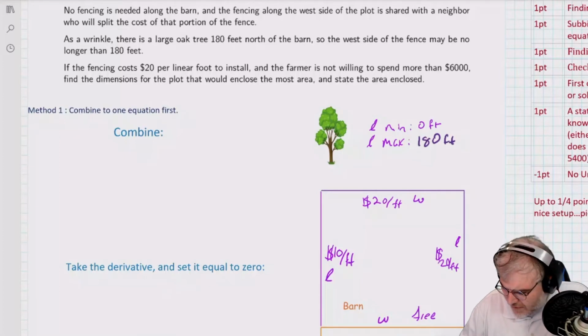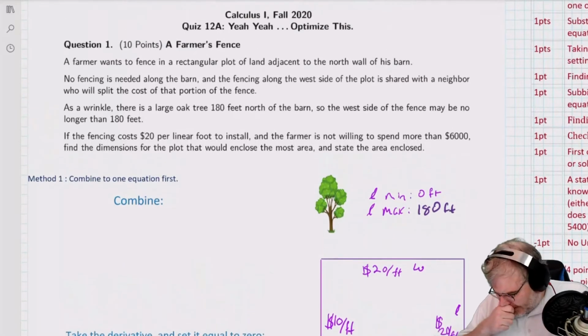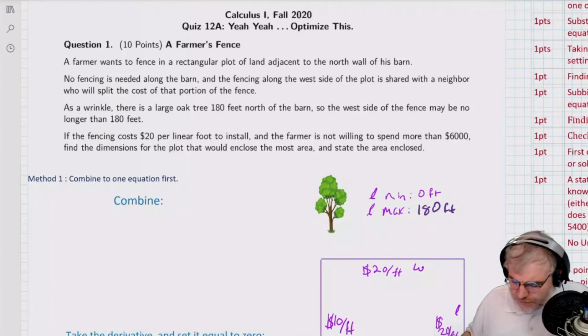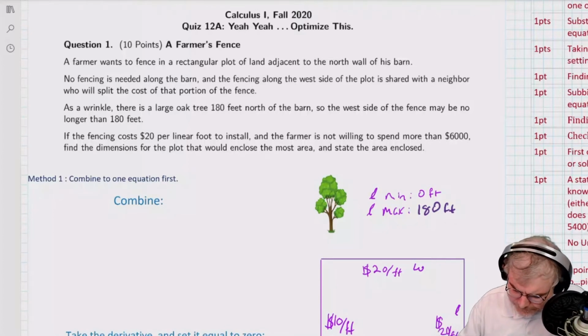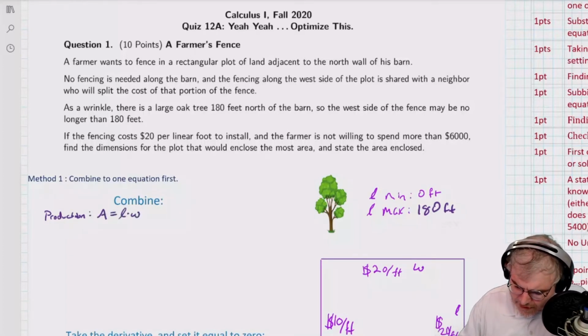Okay. So what I'm going to do here, what am I trying to produce? I'm trying to produce area. So production is that area equals length times width. And my cost is going to be